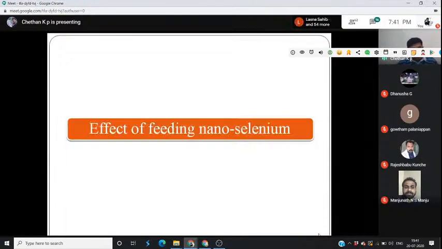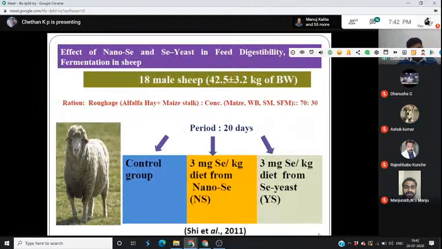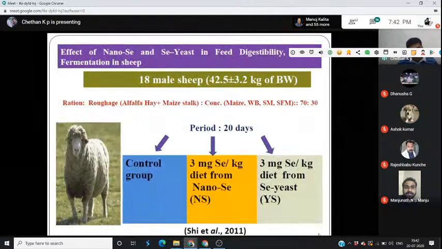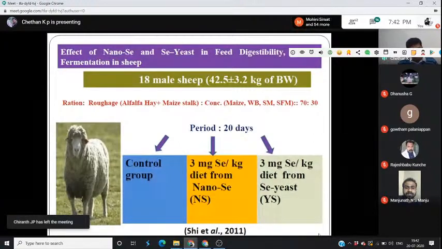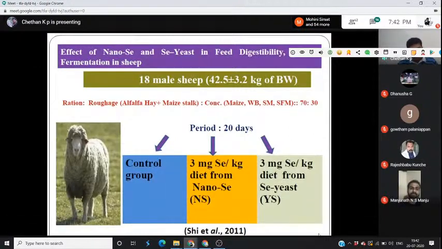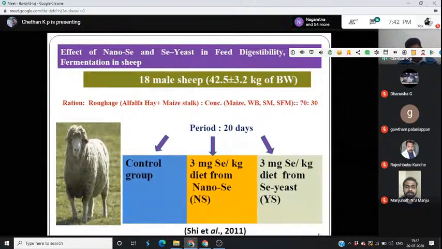So coming to the effect of feeding nano selenium. The effect of nano selenium and selenium yeast on feed digestibility and rumen fermentation in sheep. Here they have used nano selenium and another, an organic source, that is selenium yeast. This study was conducted on 18 male sheep divided into 3 groups. The control group, another supplemented with 3 milligrams of nano selenium,